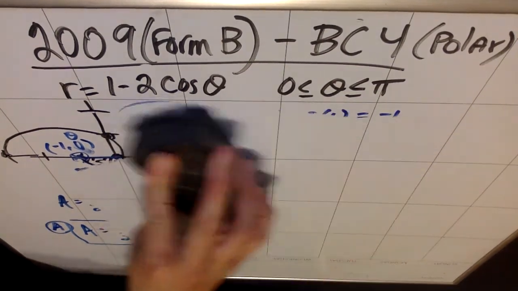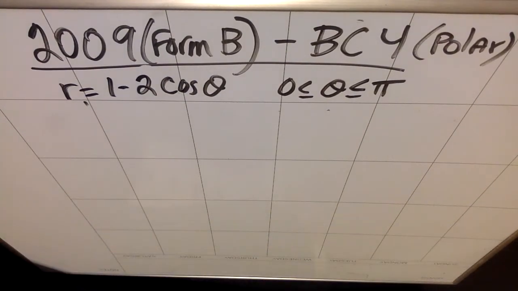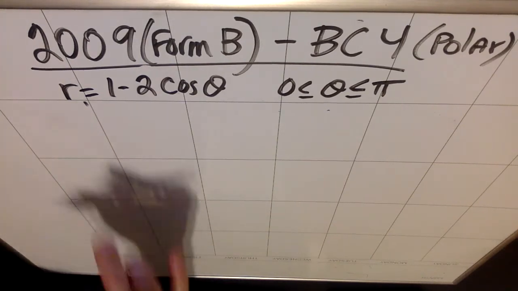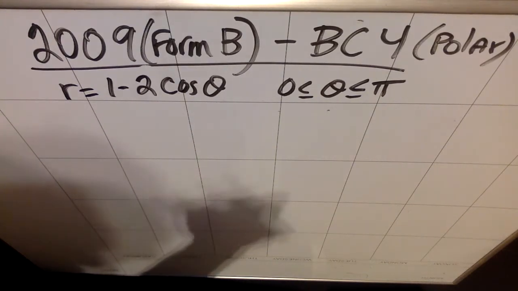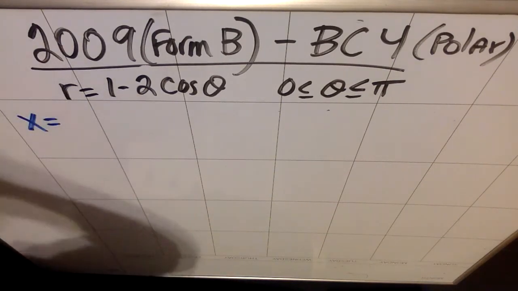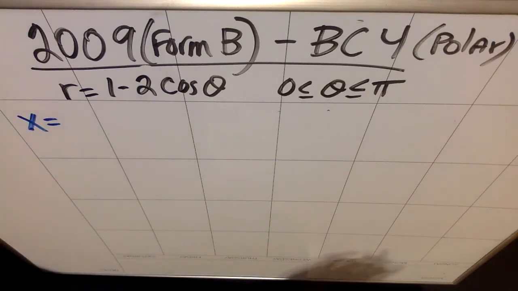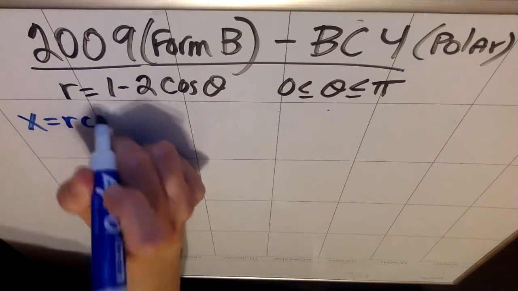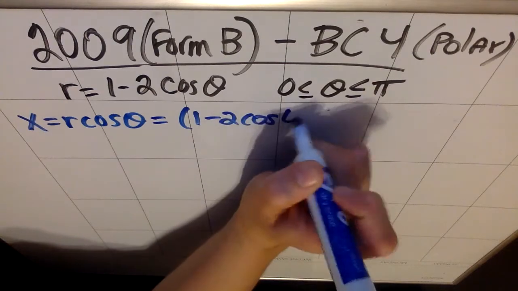All right, next part. We do not need the graph. So next part, part B. Write expressions for dx d theta and dy d theta in terms of theta. So what this is going to require first is that you know the relationship between r and theta and x and y. So in a previous video we discussed in Unit 7 of BC Calc, and also in Algebra 2 Pre-Calc, that x equals r cosine theta,